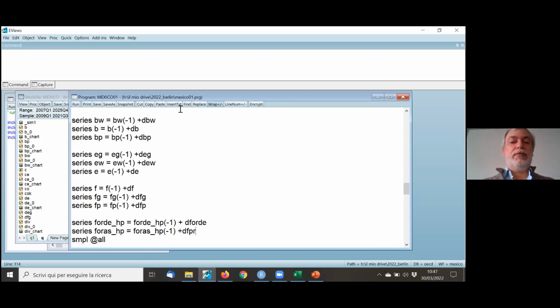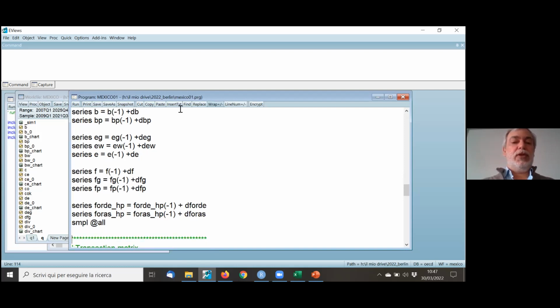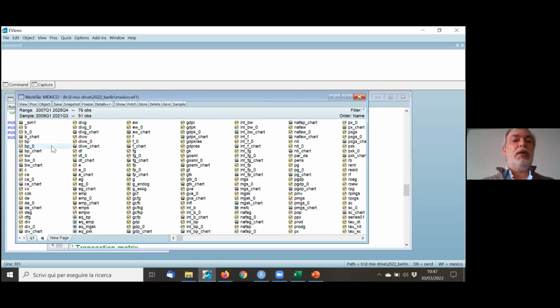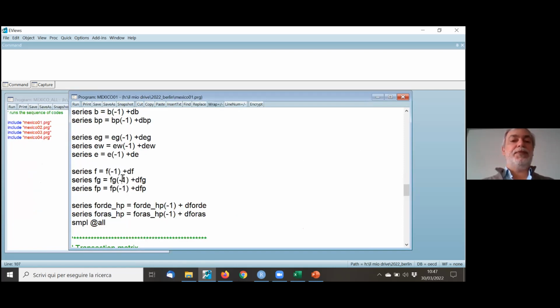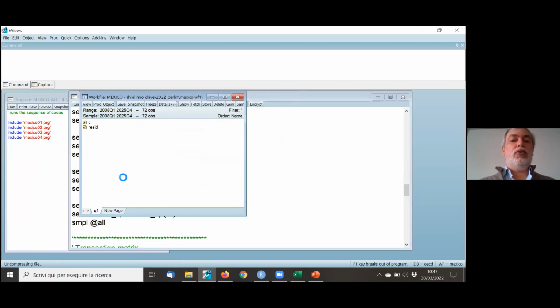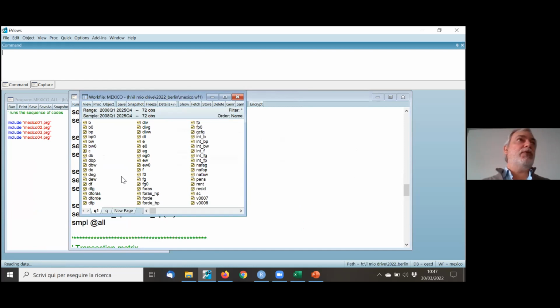So I hope what I did is more or less clear. And what I've done is to take from the data the measurement in the balance sheet and estimate the end of period stock by accumulating the flows. So now we have 4DE and 4DEHP,